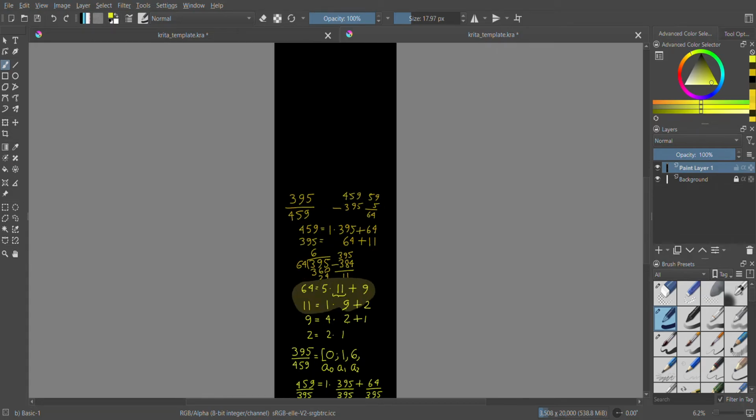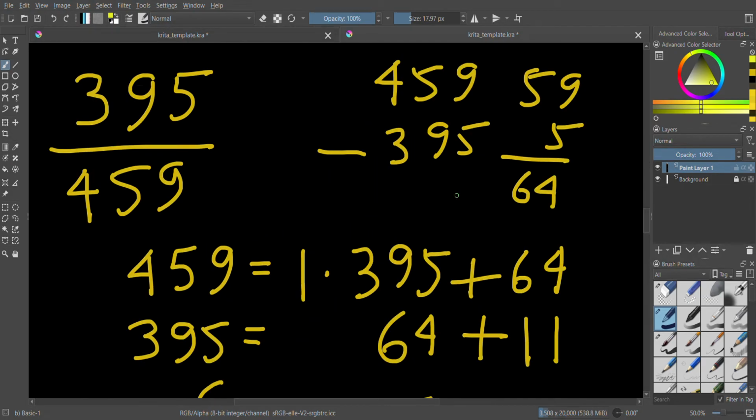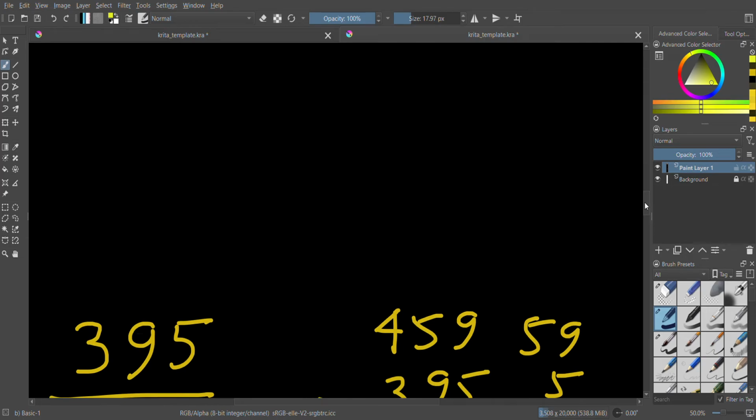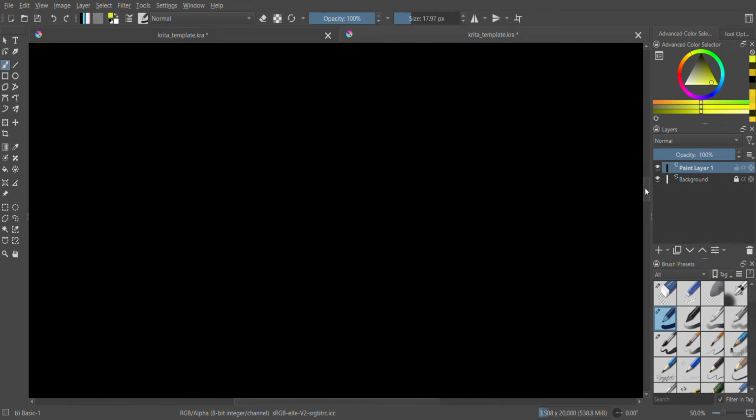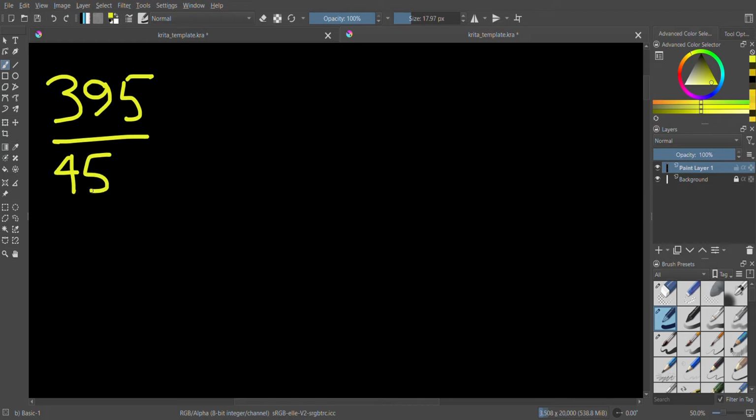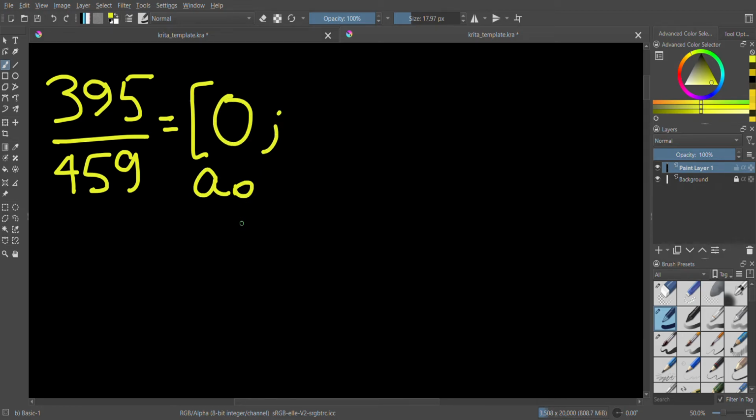So this is the first time that I'm using this software, so it's called Krita. I'll probably put a link for it if you folks want to use it. It's really good. It's free on the internet. And okay, so let's summarize what we did. This is 395 over 459. Okay, and of course you can see that the first term, your a0, is 0 because 395 mod 459 is